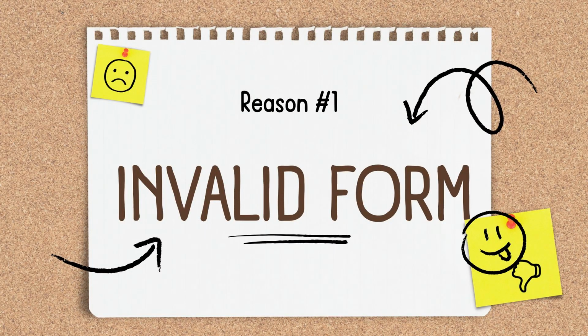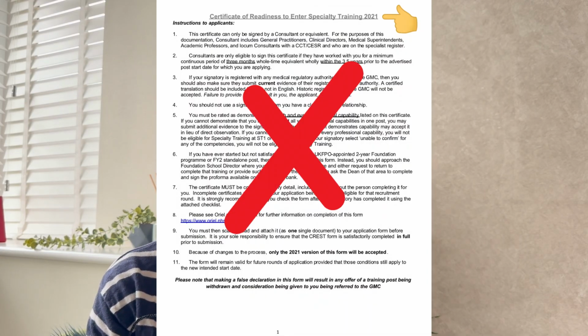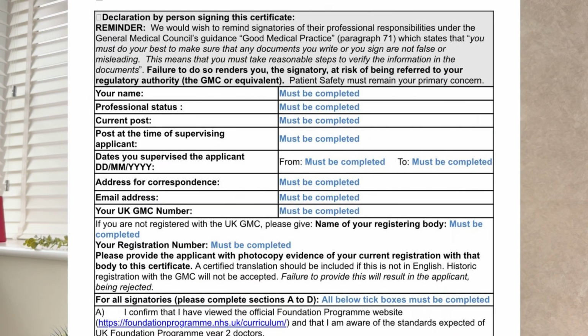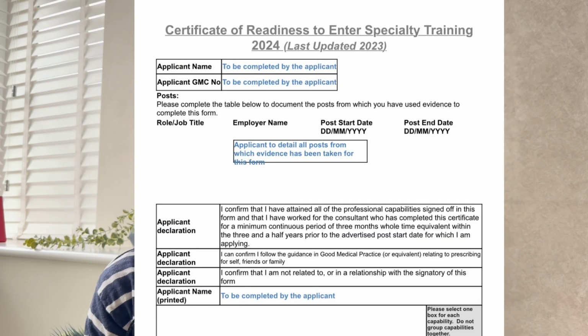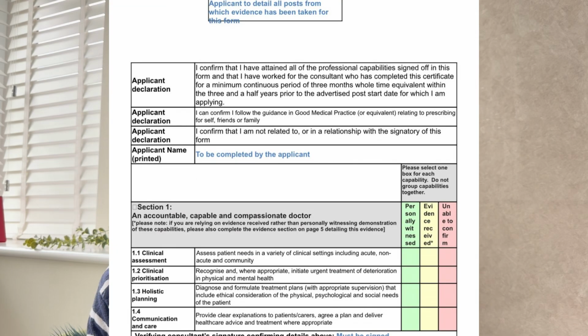What are examples of an invalid form, you may ask? A form that's either outdated, so any form earlier than 2024, or a reference form. So it has been reported that some doctors have made a mistake of filling a dummy form, which is basically a reference form which shows you how to fill the actual form. So if you make the mistake of using either an outdated form or a reference form, your CREST form would